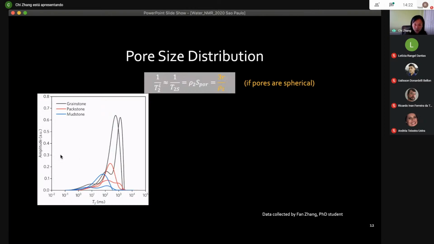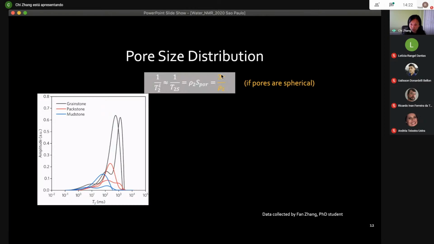And on the left, you see the three types of different rocks, which are the greenstone, packstone, as well as the mudstone. And using this relationship, if we assume this is a fast diffusion regime, we can attribute the T2 distribution only to the surface relaxation time, and therefore we got this equation here. And if we assume the pores are spherical, we can get this relationship, which is the